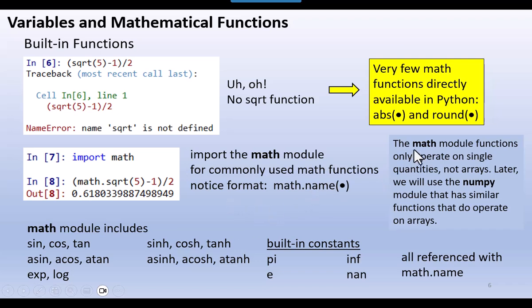I note here over on the right that the math module functions only operate on single quantities and not arrays. Later, we will use a module called NumPy that has functions that do operate on arrays, and you'll see that shortly. But down here, there are some typical functions and constants that are available with the math module, typical trigonometric, exponential, and log, hyperbolics, and constants built in such as pi and the Naperian E. And they all have to be referenced with math.name, okay? So let's move on from that and go back over and illustrate